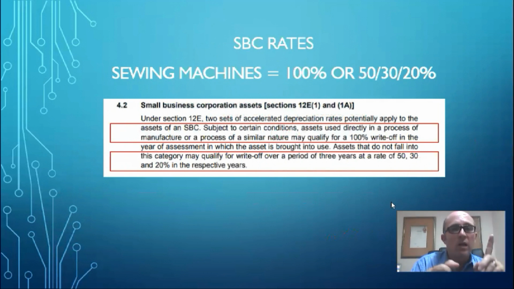So the one is you can either write off 100% in the same year that you actually brought that asset into use, or otherwise there's an accelerated depreciation where they say that you can write off 50% in the first year, 30% in the second year, and 20% in the last year. So what makes a difference is whether you're using that asset for manufacturing. As soon as you're using it for manufacturing, you can use the 100% as a depreciation rate. If you're not using it for manufacturing, then you can use the other one, the